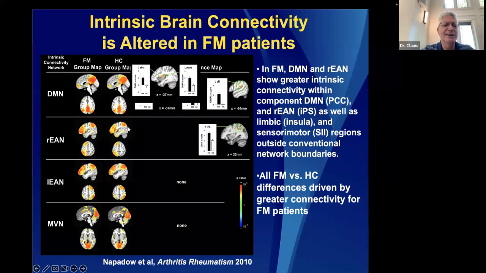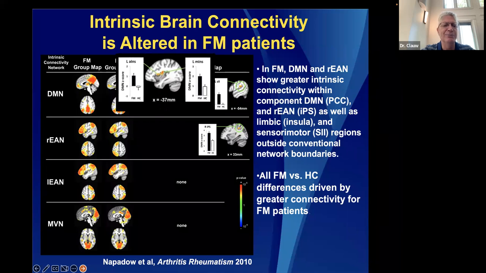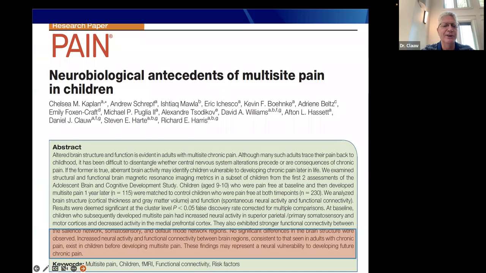More recent studies that we and others have done look at the brain regions that are either too connected to each other or not connected enough to each other. This is called functional connectivity. Even the size and the shape of the brain changes in these different chronic pain conditions as people have this kind of pain. And this is a study that we recently published showing that in children that are healthy, this